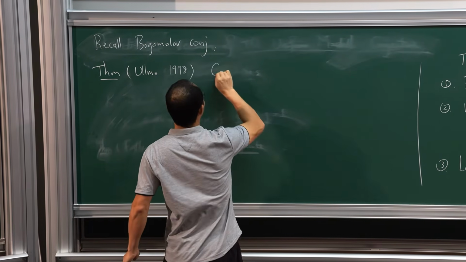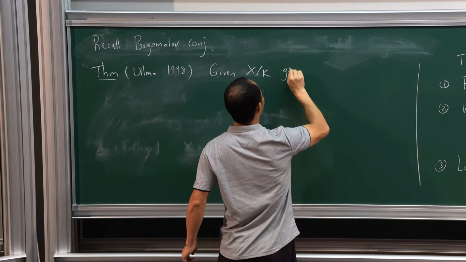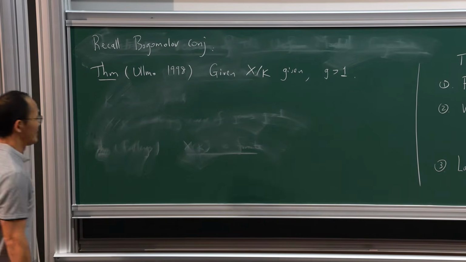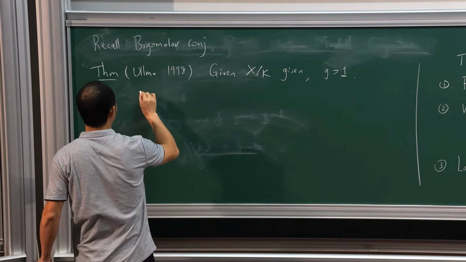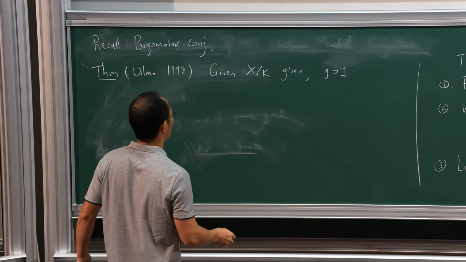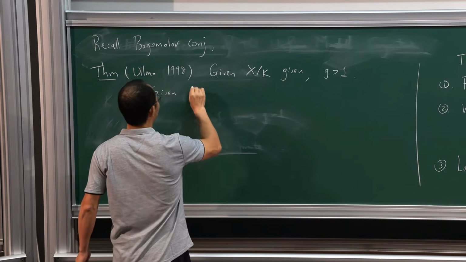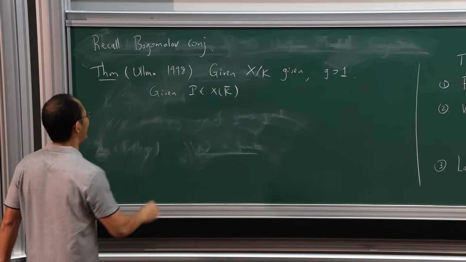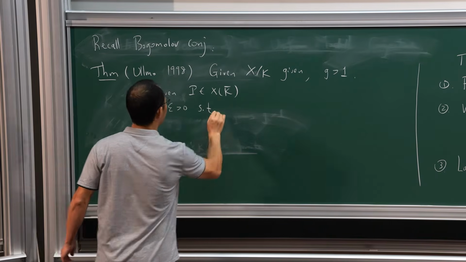So suppose X over K is given, and this genus g is greater than 1 as before. Now this is for fixed X. We're also given one more thing, say a point p in X(K bar), and then there exists a constant epsilon greater than 0 such that